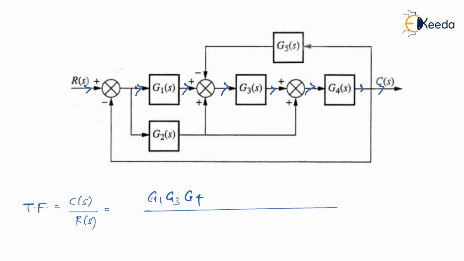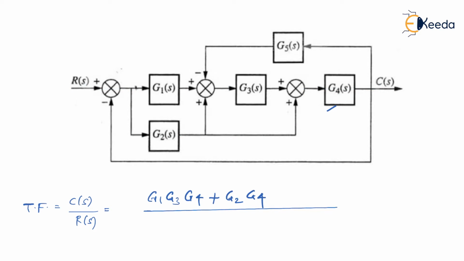Also, as you can see, you can start from this end, like from R of S, then this end, G2, and then from G2 you can just go ahead, and then from G4 you can travel. So I'll take this second forward path plus, as you have started from G2, then G2 to G4, and then to Y of S, right? So I'll remove this.